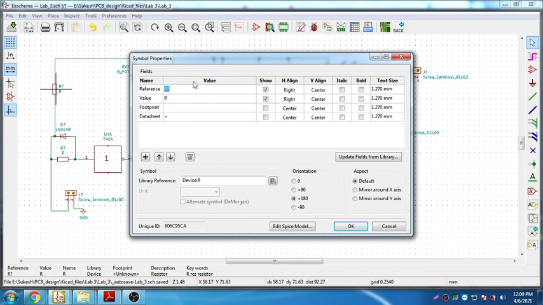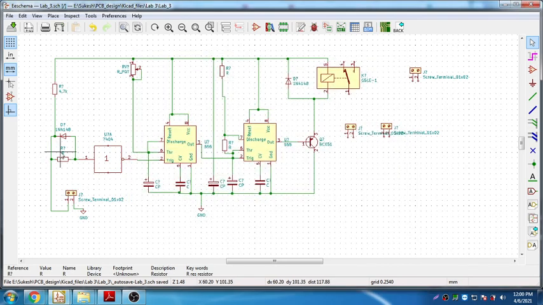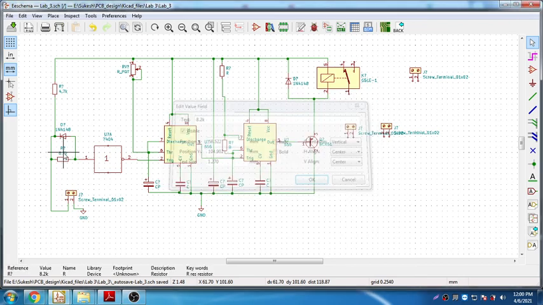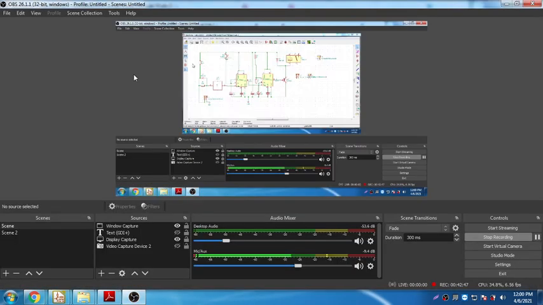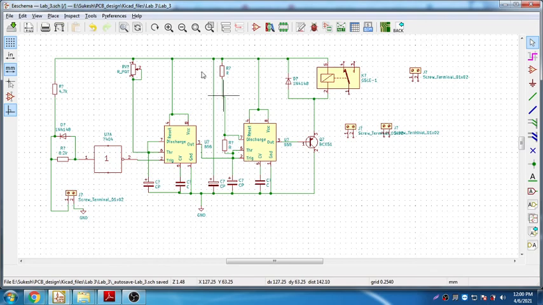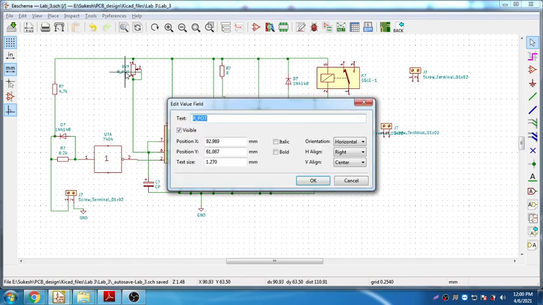Sorry, Control Z, 4.7k. Okay, value, and this will be 8.2k, and this part here is 820k. So another is 820k. So this R part, edit 820k,